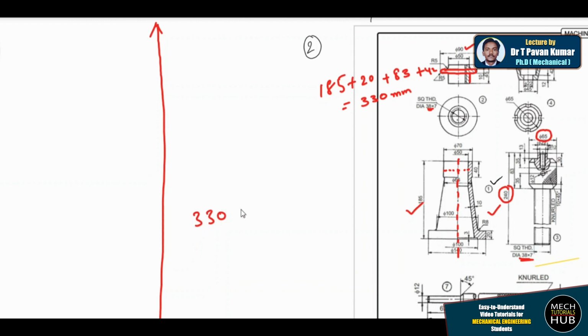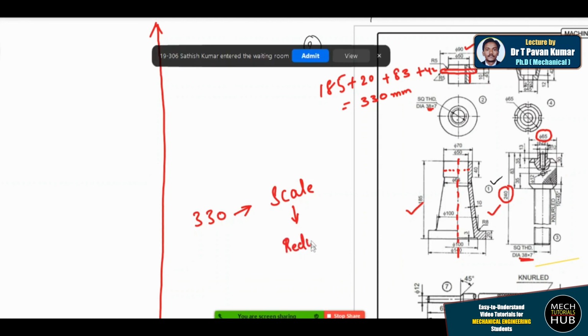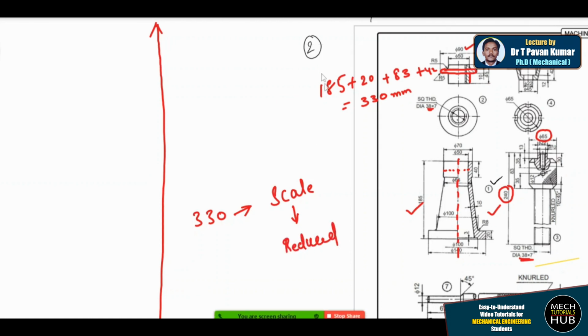In such a case, the scale we discussed yesterday will help you out. In scaling, we'll go with the third method, which is a reducing scale. I'll reduce it by 1:2.